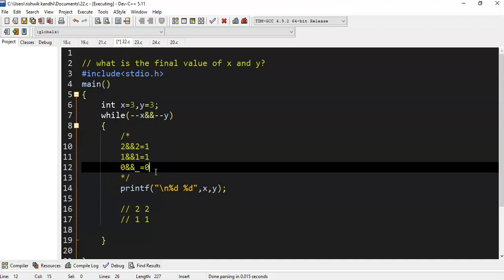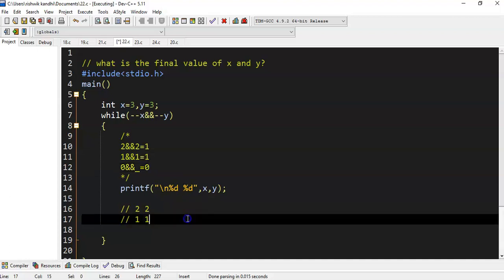If there are 99 expressions in the case of logical AND, and the first expression is false, the remaining 98 expressions would not be evaluated, because AND will return true only if all the conditions are true. Already the first is false, so there is no necessity. But in the case of bitwise AND, all the expressions will be evaluated. The output would be the same, whether it is bitwise AND or logical AND. But the second expression evaluation will differ in the case of logical AND.